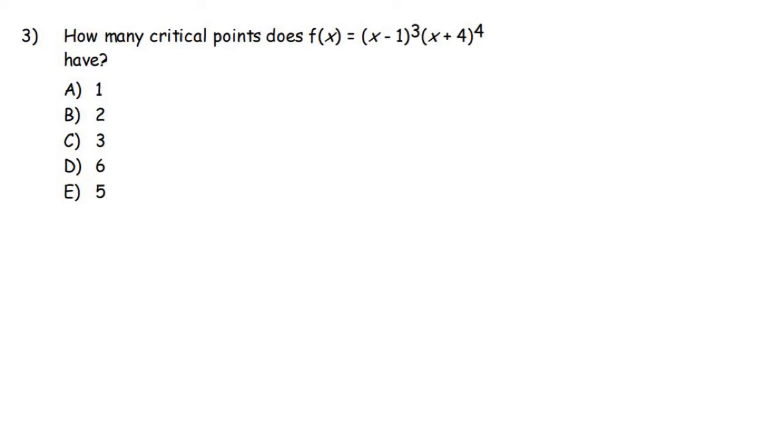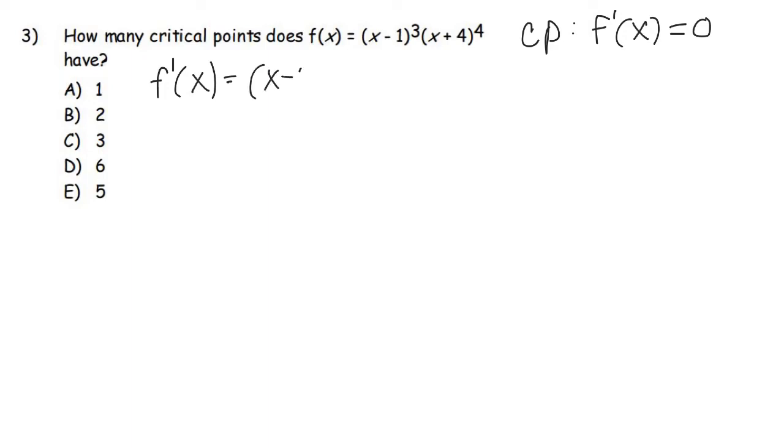How many critical points do we have? So to find a critical point, that's going to be where your derivative of the function equals 0. And so what we can do here, let's do our derivative, and we're going to have to do the product rule with the chain rule. So we're going to have f prime at x equals, and we have the first times the derivative of the second, and the derivative of the second is going to be 4 times x plus 4 cubed times the derivative of the inside,